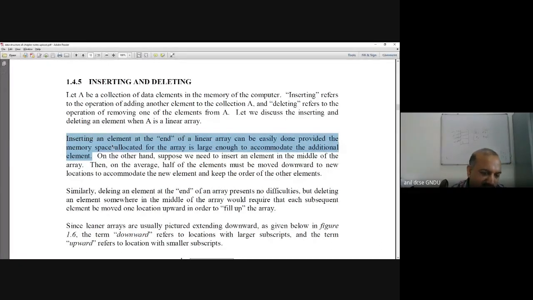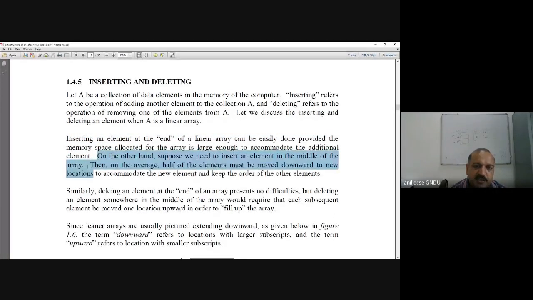That is why, while doing programming, you always allot arrays a bigger size than what we need. So it is easiest to append an element at the end. On the other hand, if we need to insert an element in the middle of the array, then it takes more cost.